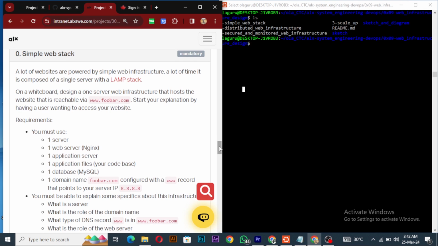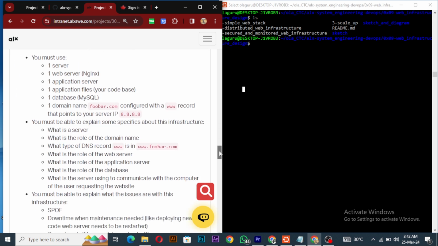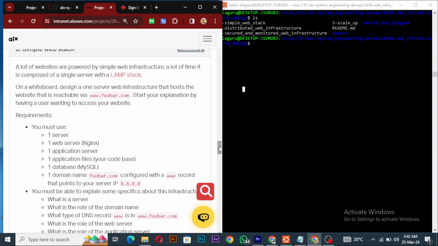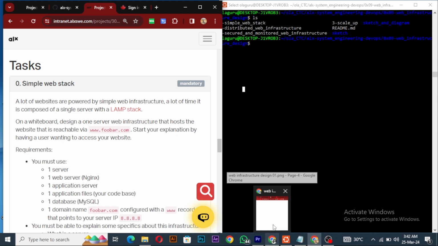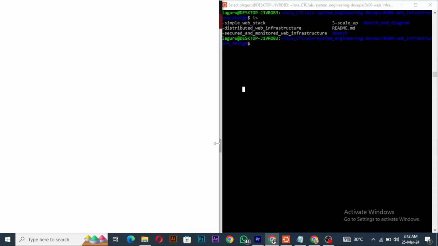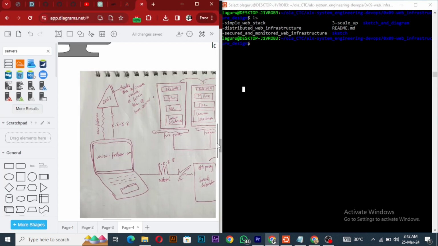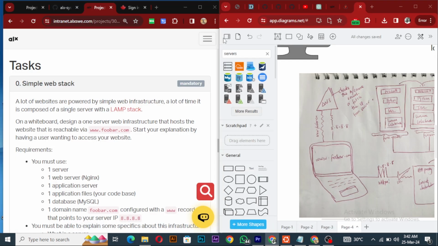So we have this, and we are supposed to give drawings. So I used draw.io to draw these things. So we're supposed to draw a web infrastructure design, and the first thing is we have this, and it says, let me open this. Let me open my draw.io tab and send it here. Okay, so if you look at it, it says we need a